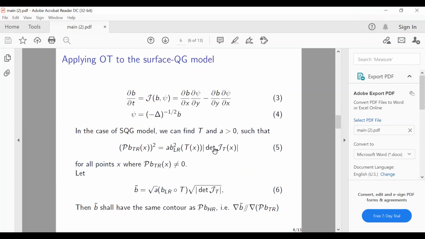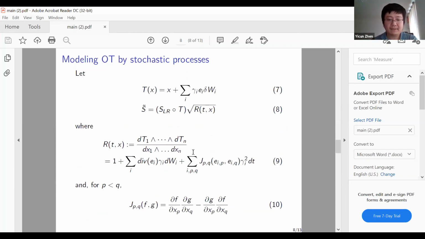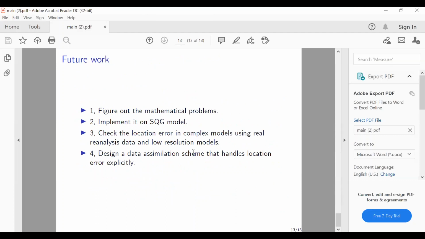Similarly, equivalently, this determinant of the Jacobian is also the expansion or shrink rate of the volume for the map T. Yeah, I see. And just a last question, maybe comments: you say in your last point that you want to implement that in data simulation. This transformation to go from low resolution to high resolution, I think it's somehow very similar to